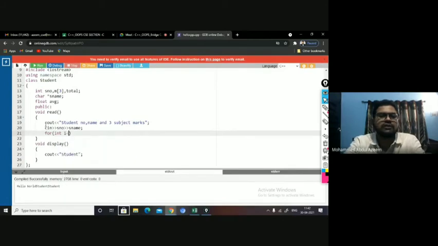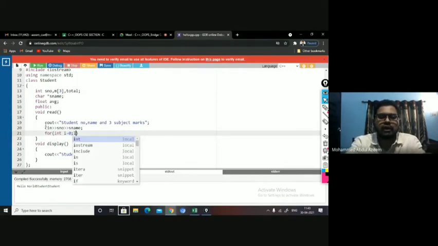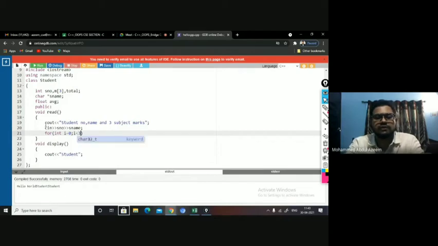So here I can just declare and use it. The scope of that variable is limited to that loop. I equal to 0, I less than 3, I plus plus.